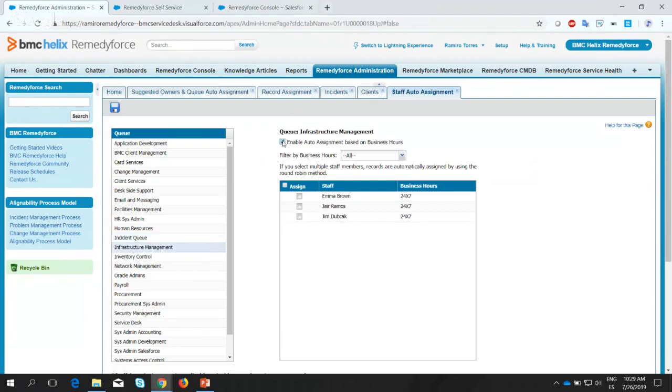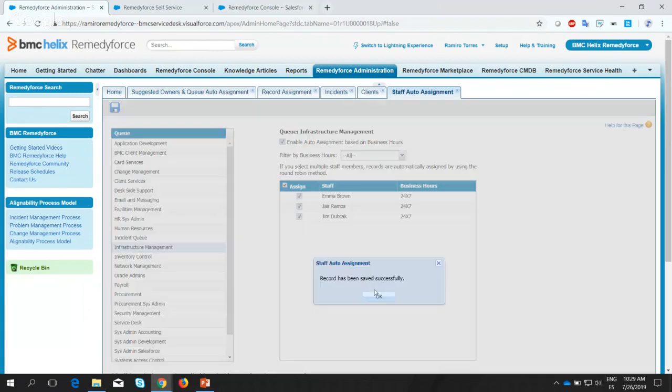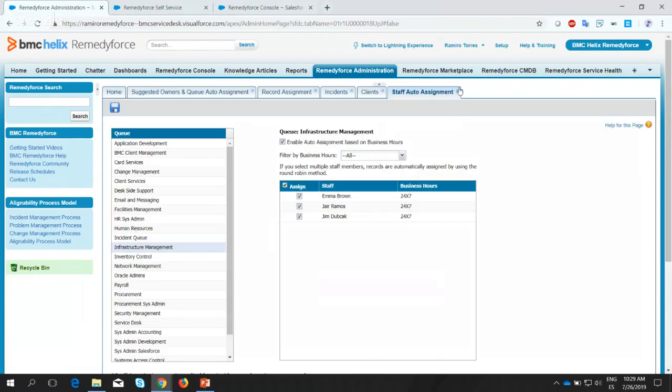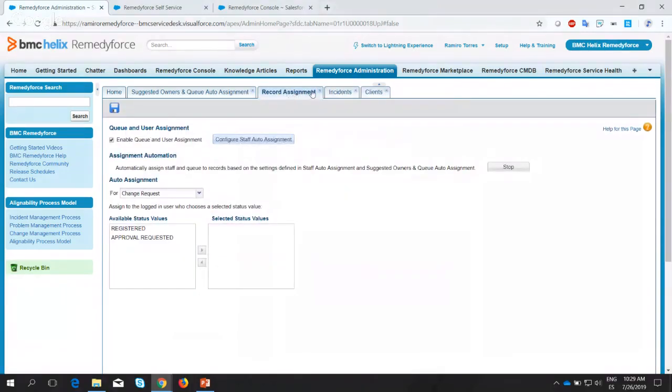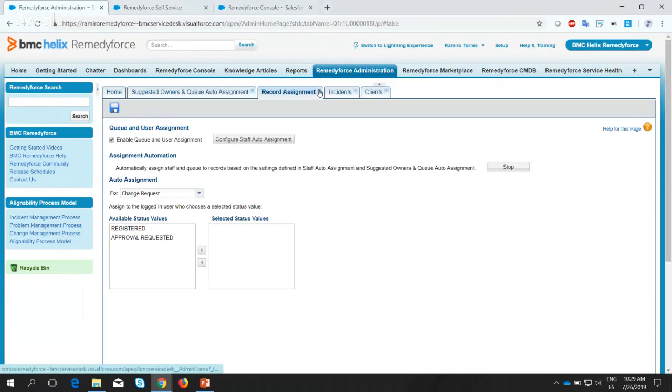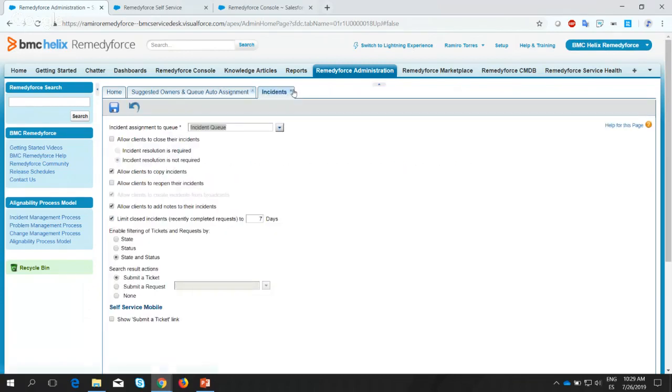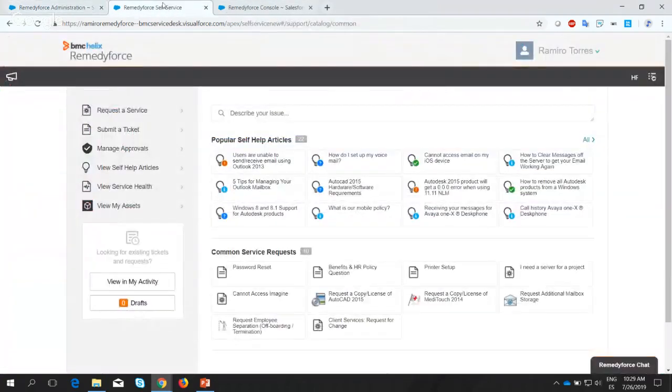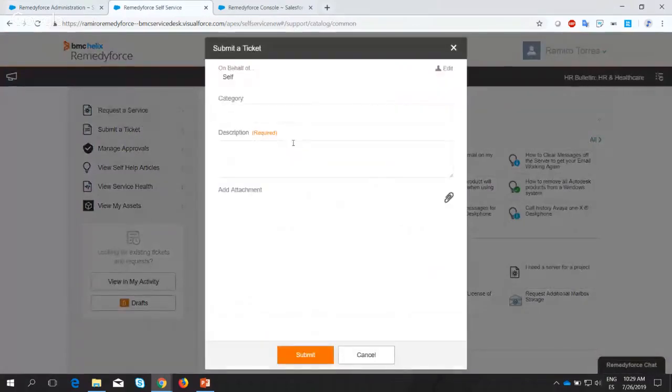And I'm just going to enable auto assignment based on business hours. I'm going to select all staff members and click on Save. We just make sure the job's still running here and click on Save once again. And I'm going to submit a couple of tickets with the same